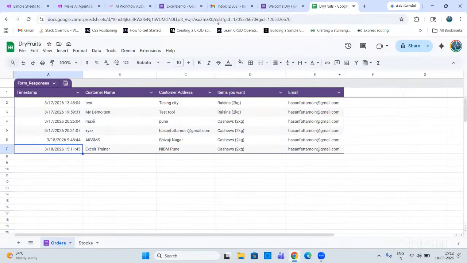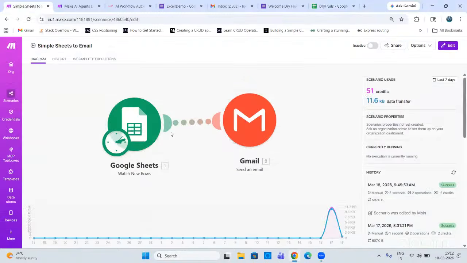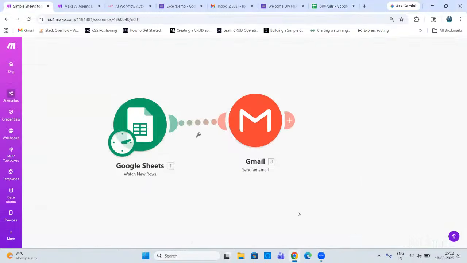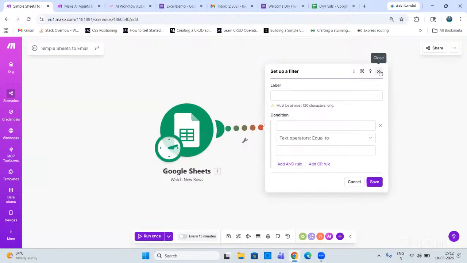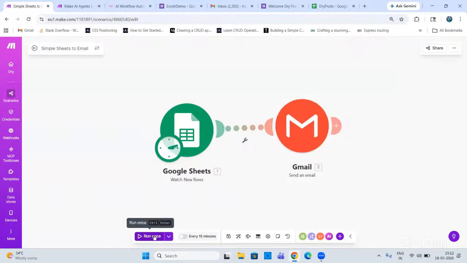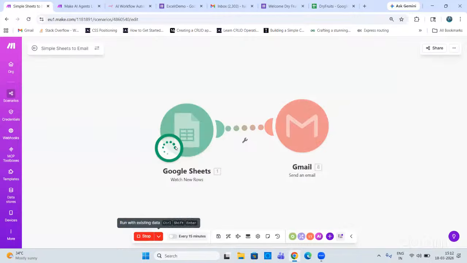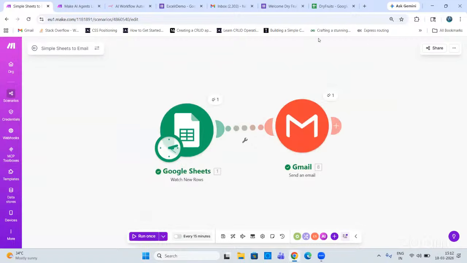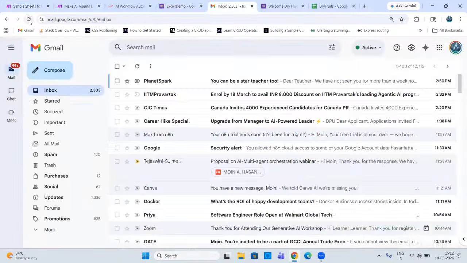So for that, what I'll do is I'll come to my Make agent. Now this is connected there only. If I double click here, and then if I do run once here, I'm doing it run once. So it's fetching data from my sheet and sending me an email. So now if I check my email, if I do refresh once,